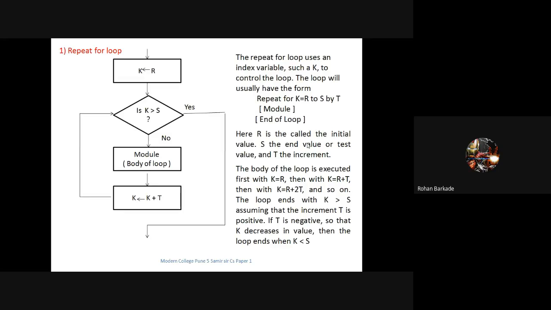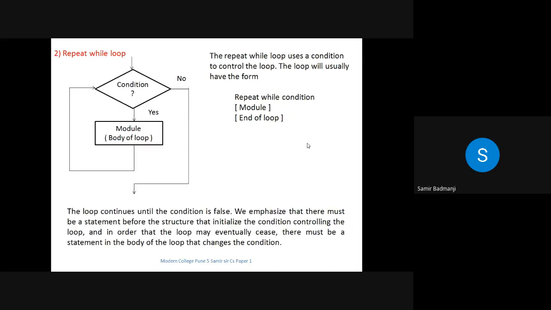Yes, sir. We have seen these loops, but we only have to write it in some structured format. So now we'll just see the while loop. Last year we have seen, if the condition is false, whatever is there inside that while loop will never be executed. If the condition is true, whatever steps are there inside that loop will be executed till the condition becomes false.